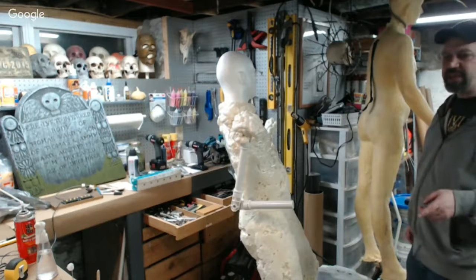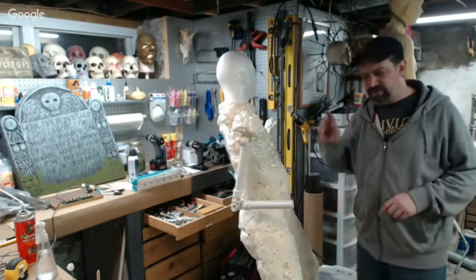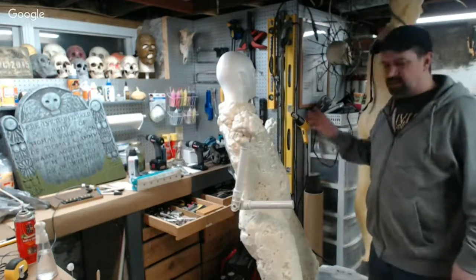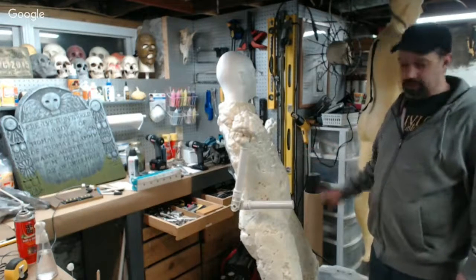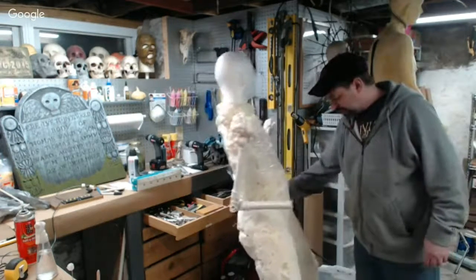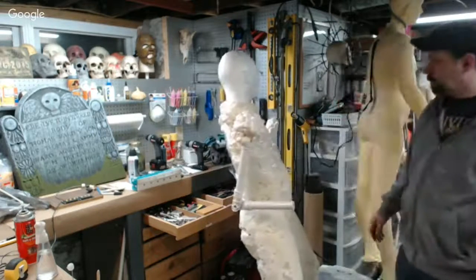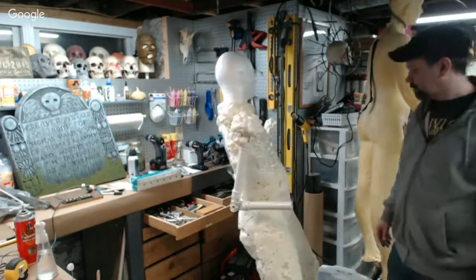Because the bent PVC, especially the angles that I've got to bend this at, it's just not sturdy. And I wanted to make sure that this is sturdy. If she blows over, I don't want stuff breaking. And pretty much right now, she's got a little bit of wobble at the ankles, but she's